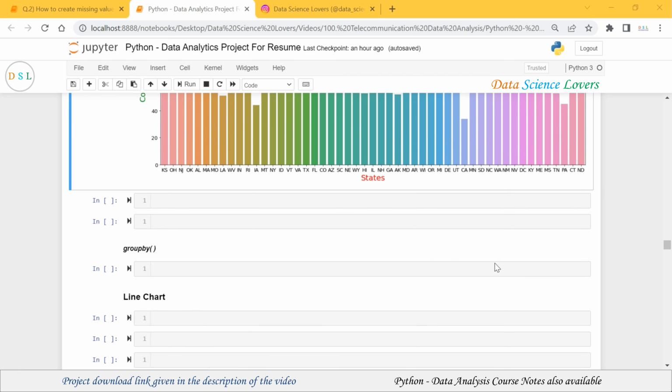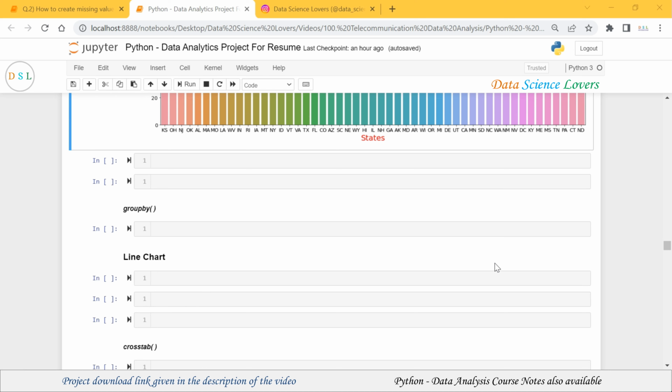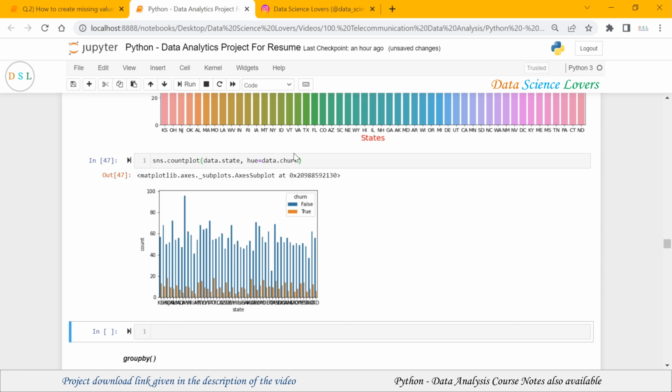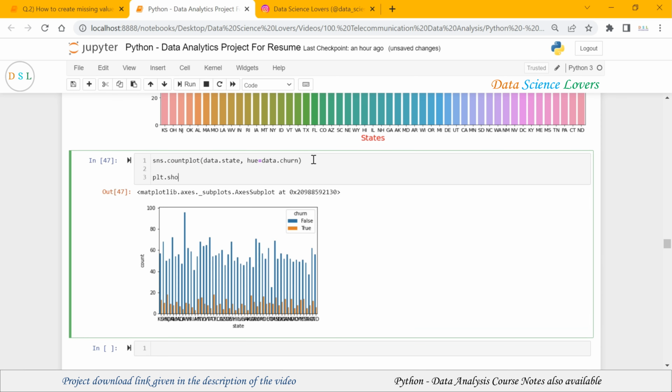Now we will draw one more count plot to show the count of churned and non-churned customers state-wise. From the Seaborn library, we will use the countplot function. Again, we will consider the state column, and this time we will use an additional parameter which is hue, and for hue we will use our churn column. I will tell what this hue parameter is later. After running this, it will draw a count plot like this. First of all, we will use plt.show at the end. Running this again,